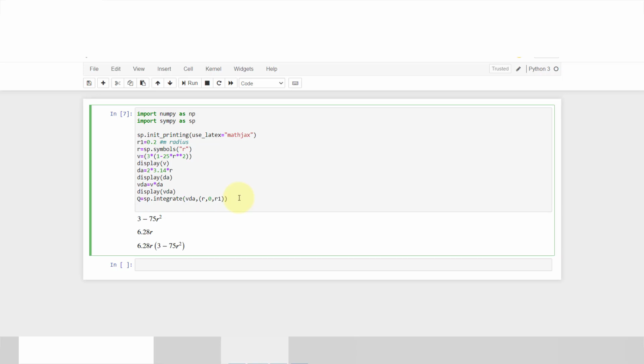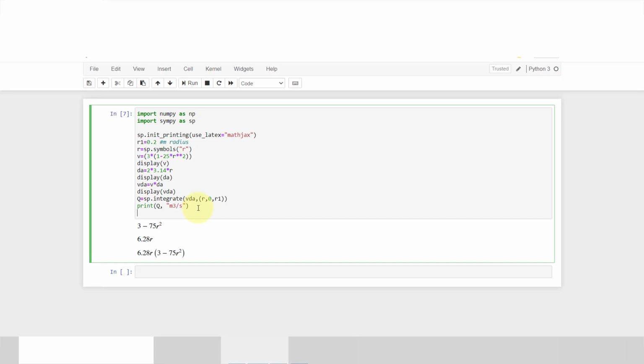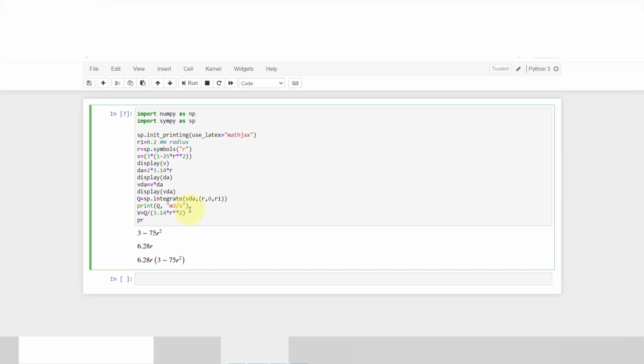Now I will print Q in meter cube per second, and our average velocity is Q divided by pi r square, and I'll print V in meter per second. If you run this code,